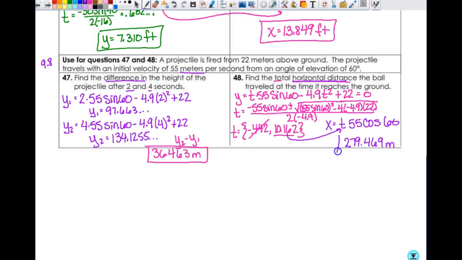0.69 meters. Okay. So just to recap, I'm going to give you the little blue sheet of paper that has